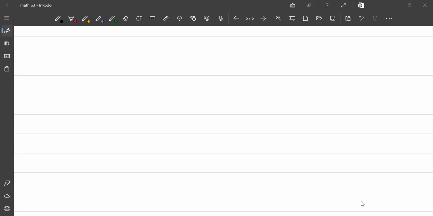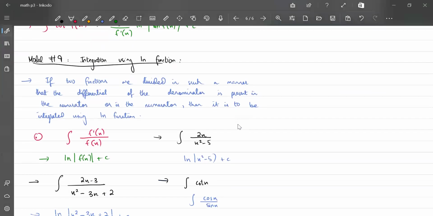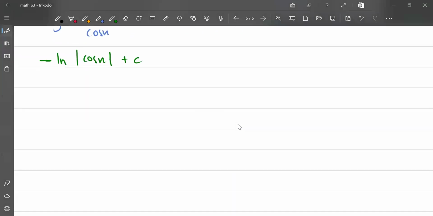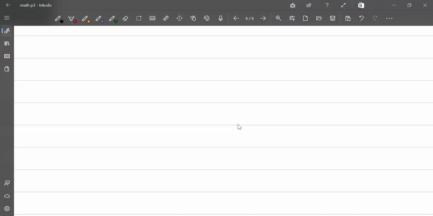And model number 9 was integration using the ln function. In this model, we learned that in model number 9, of course. Yes. So in model number 9, we learned that